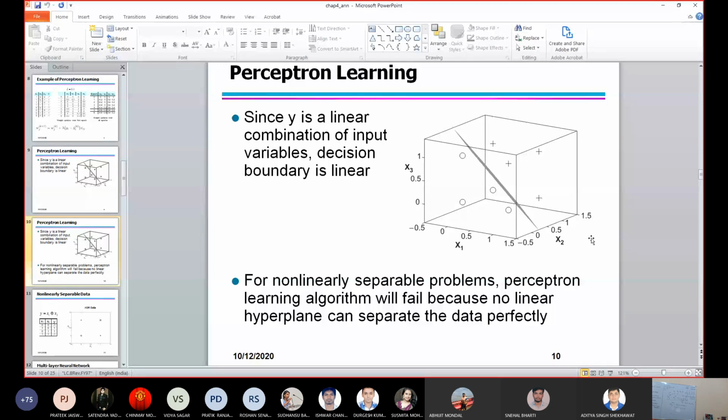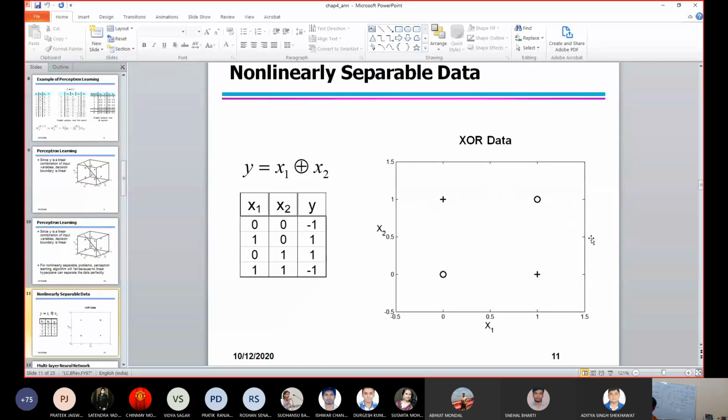What does linearly separable mean? Let's say here we have 4 points. This is one class, this is one class, this is one class, and this is the other class. You cannot have a single line that can separate the 2 classes. Each neuron will give a single line. If you consider 2D or 3D, each perceptron essentially gives a single line, because the summation plus B is nothing but the equation of a line.